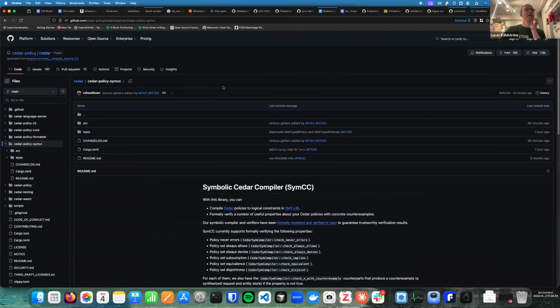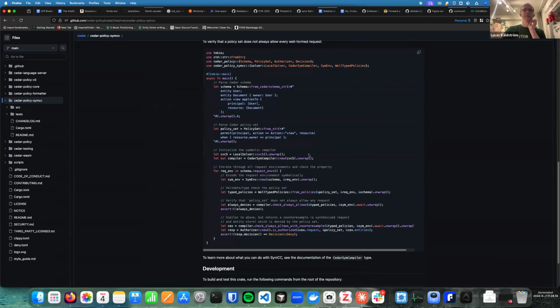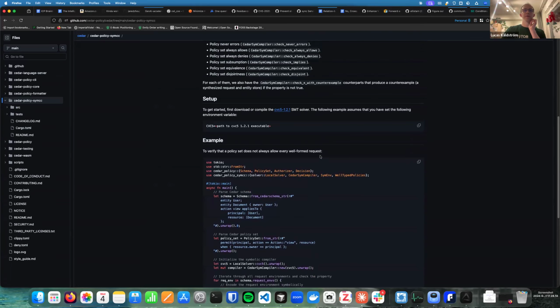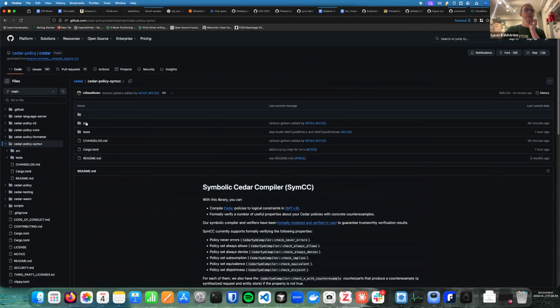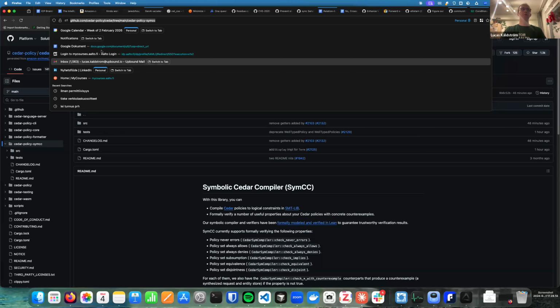So here, if you're interested in seeing how it actually compiles, here is an example of how they take CDAR policies, which the intersection with CEL is huge, and then compile them down into this mathematical language, and then the solver solves.